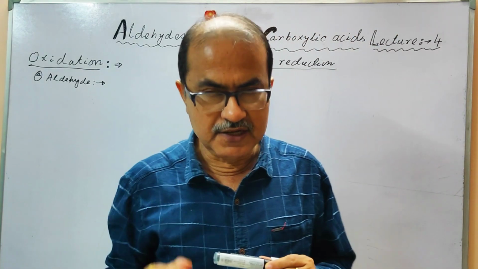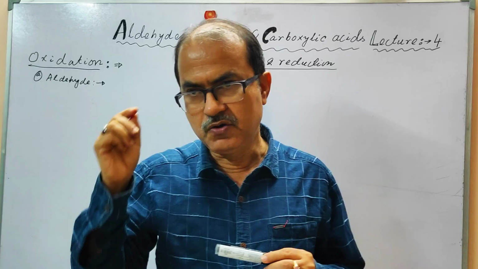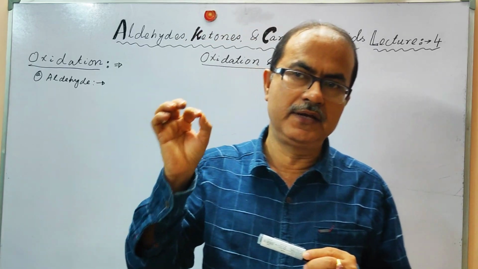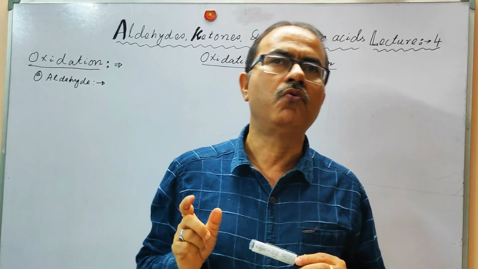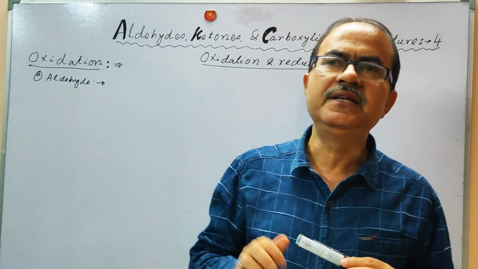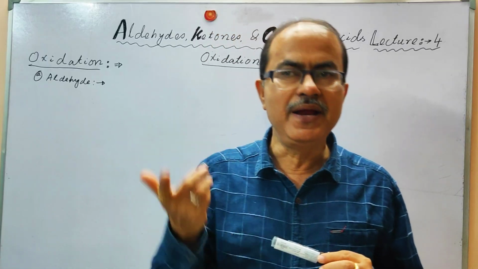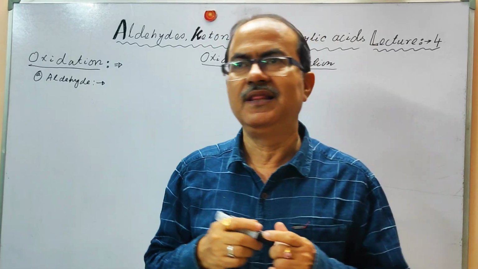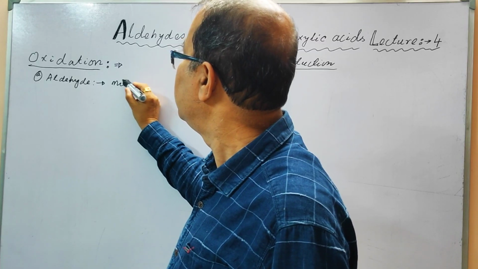If we see the structure of the aldehyde, we find that there is one hydrogen atom attached to the carbon atom of the carbonyl group, and that is why aldehyde can be easily oxidized to carboxylic acid by mild oxidizing agents like